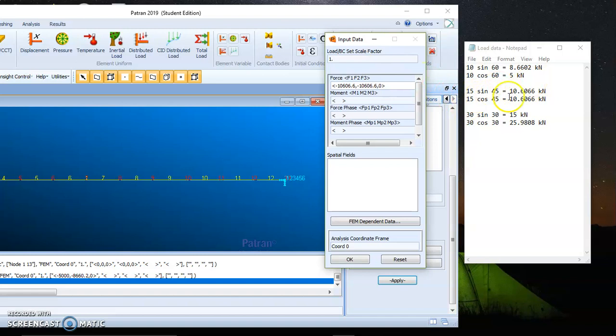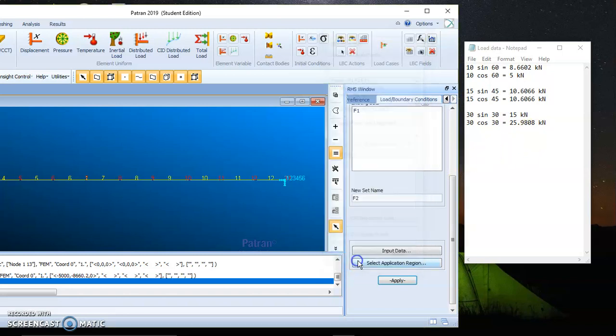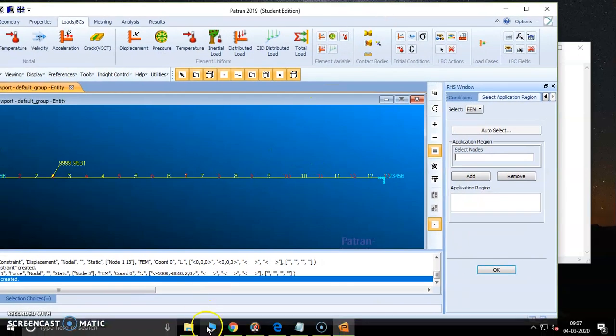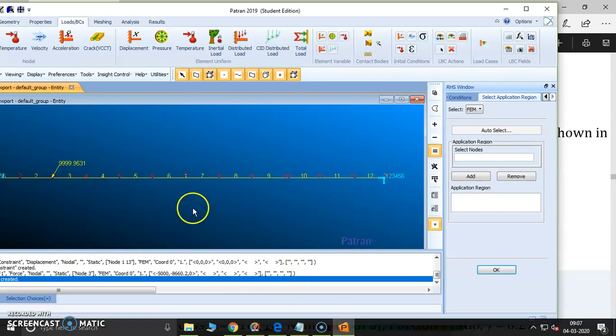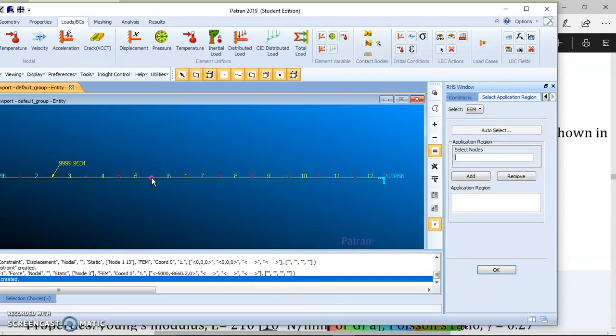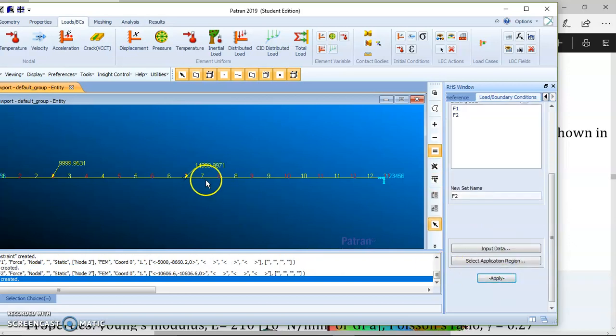It is 15 cos 45 here and 15 sin 45 here. Okay. Select application region. Which is the location? 3 meters: 2, 3, 4... 6th node, I guess. 7th node. Yeah, 7th node. Okay. Apply. So almost 15 kilonewton, a very close value.